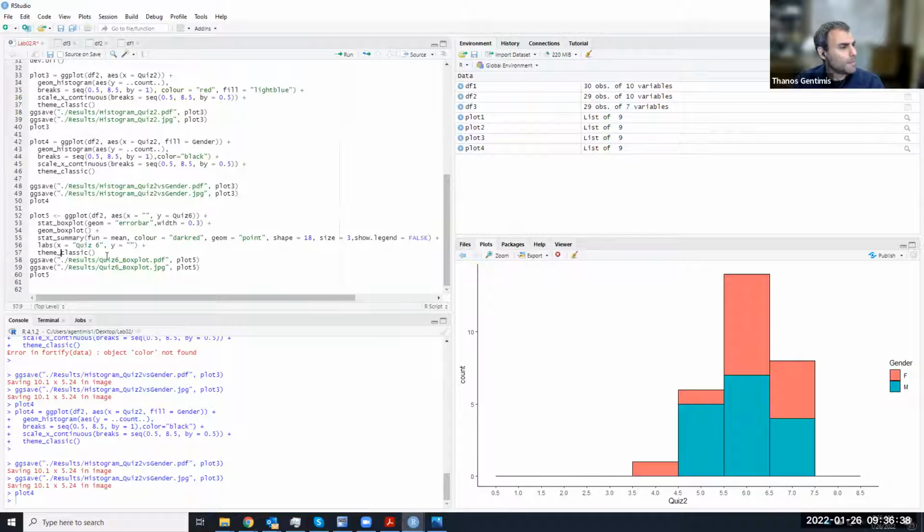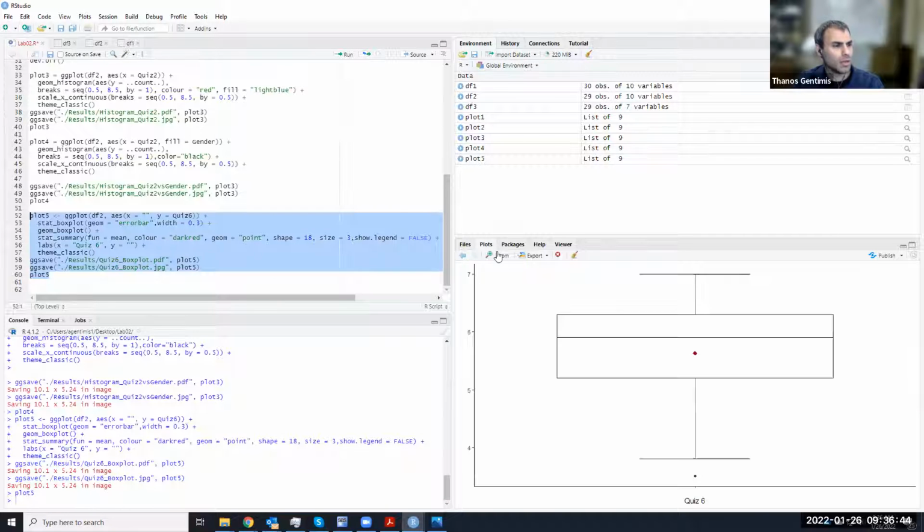Okay. And then just theme classic at the end. And if I run this, there you go. So here's my simple box plot, right? And as you can see, you have this, I don't know, rhombus shape thing, which is pointing to the mean. All right. And that's a very, very simple box plot with just one thing. It's also saved as quiz 6 box plot, all right, inside the